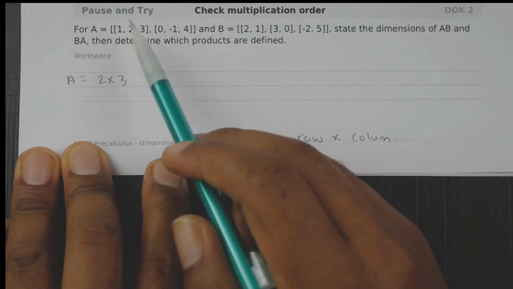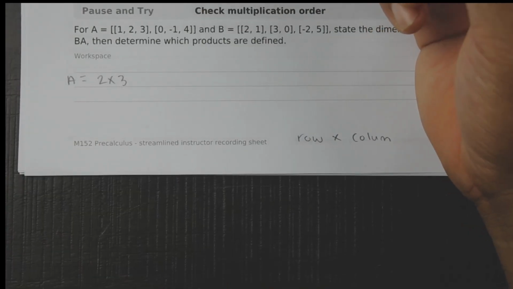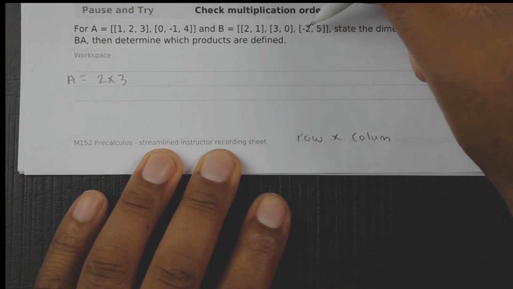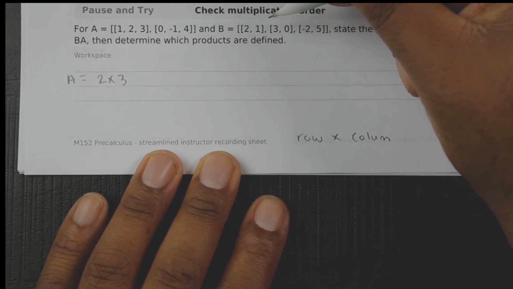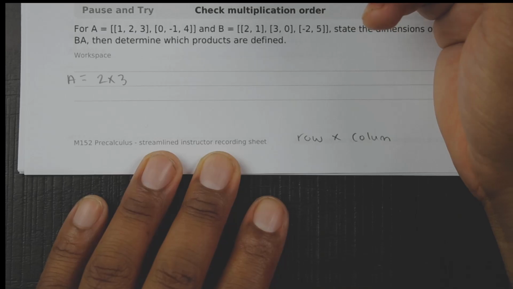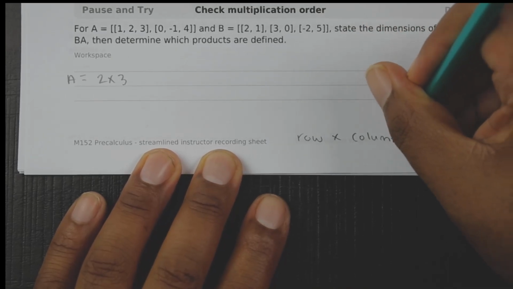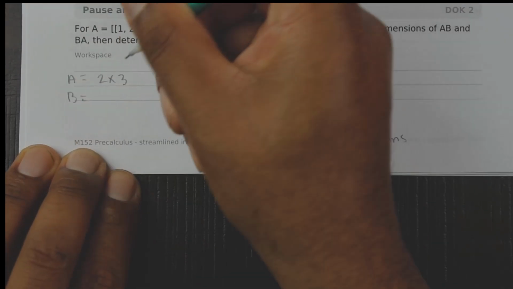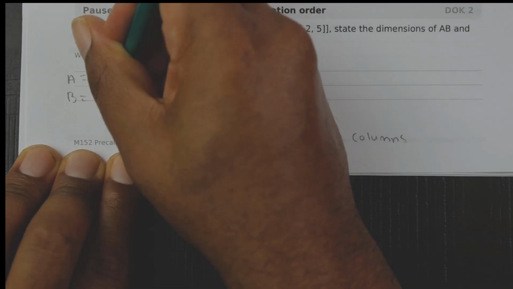Matrix B has 3 rows and 2 columns, okay? I didn't put my N down here, okay? So B is equal to 3 rows, 2 columns,